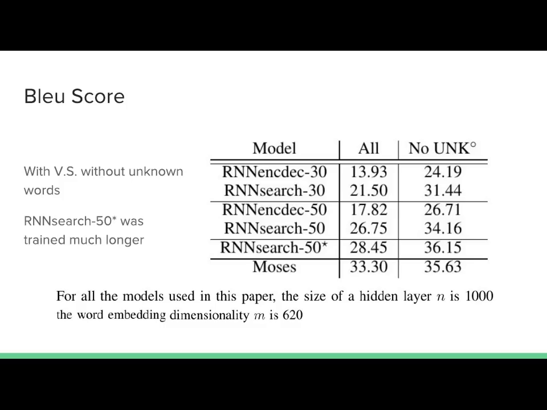Then Moses is better than everything? Not here for their architecture, RNN search 50, which beats them with no unknown words. Okay. But when it's all words, they still get the best results in terms of using deep learning, but